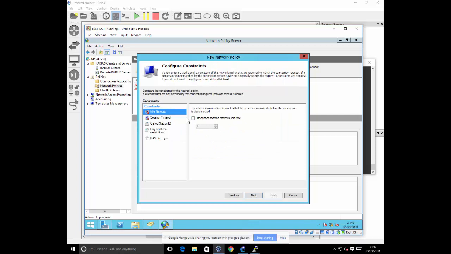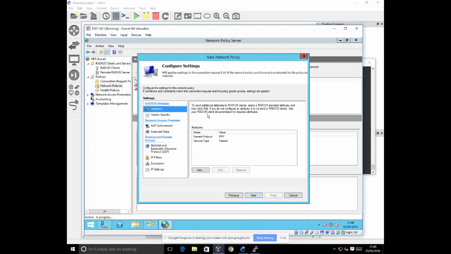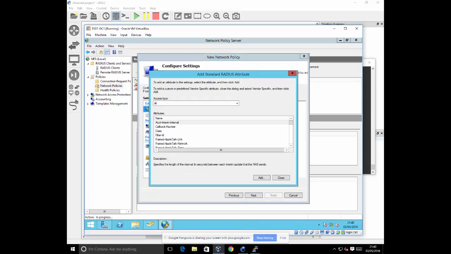Okay, so now under this one, this is where we configure what, if a user is in that group, I will send back to the Cisco device. This is where we configure that. So I go under standard here, and I'll just remove all this default one. And then I'll go add a new one. And the new one that I'll add under access type,